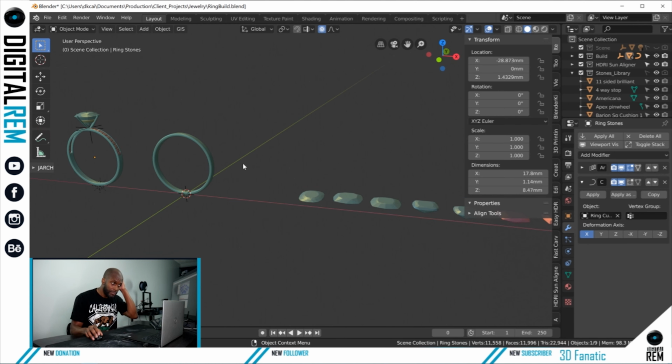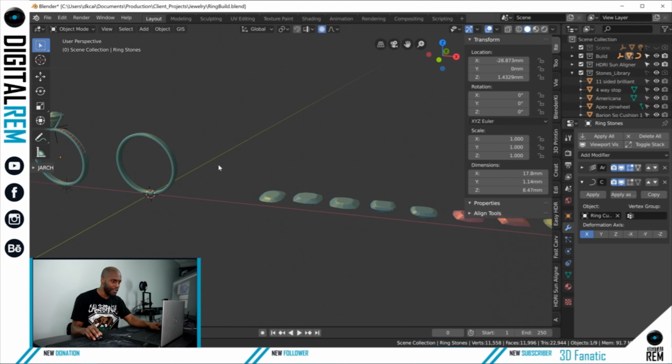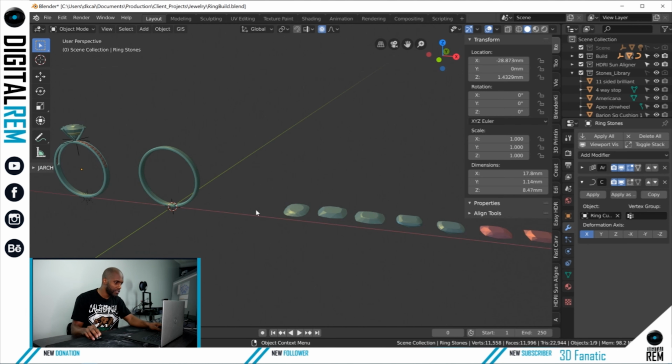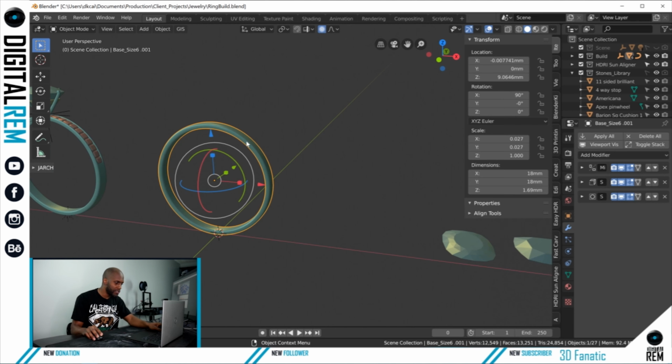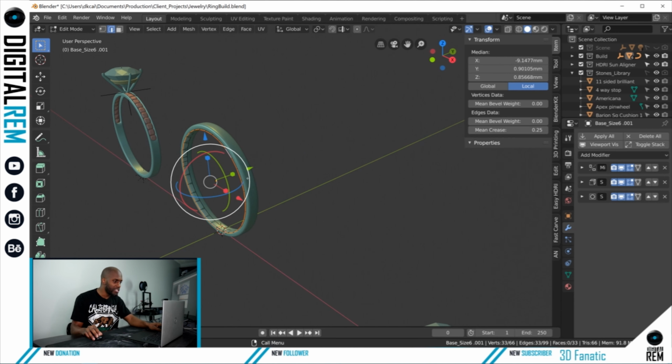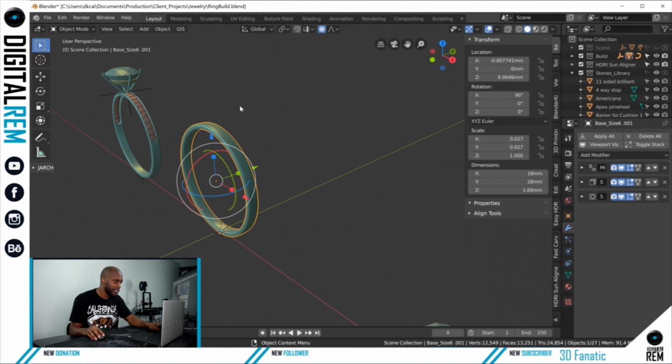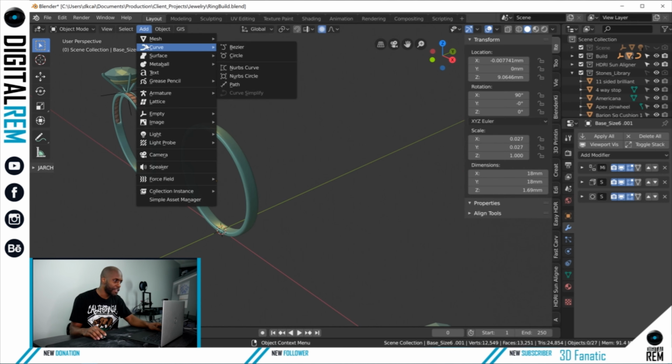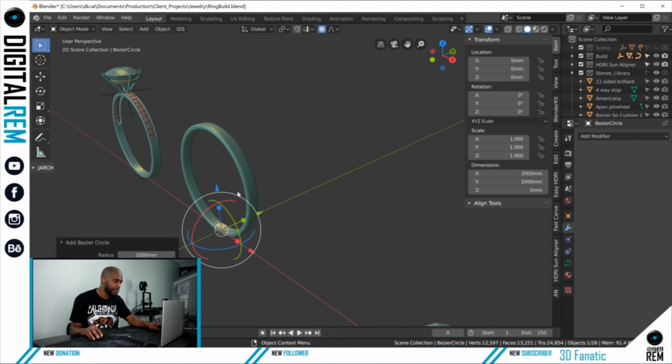So now what we're going to do, we showed you how to import the model. That was the first thing we're going to do. Now we're going to show you how to duplicate one of these stones to go along the circle path here. So let's go ahead and we could do this multiple ways, but to keep it simple for this lesson, let's just keep it simple. We're gonna go add curve circle,